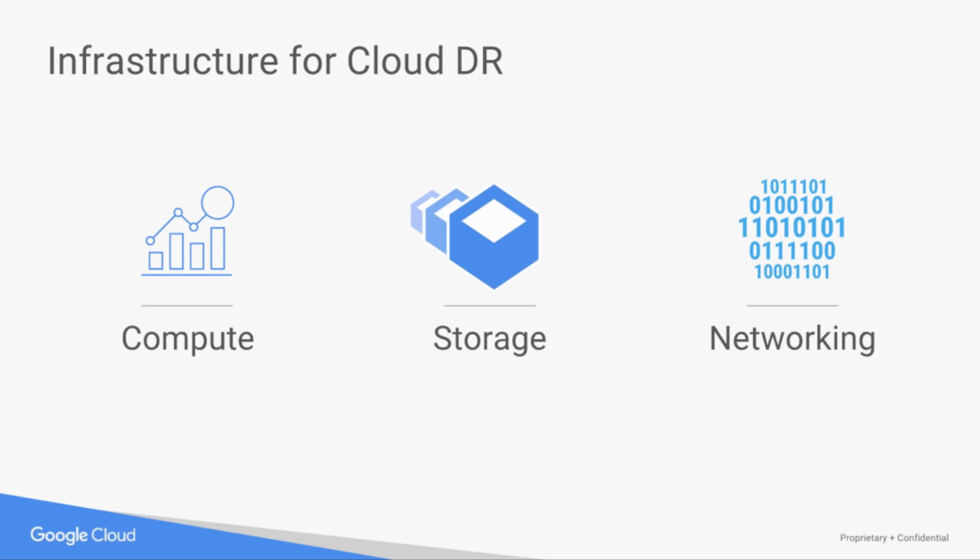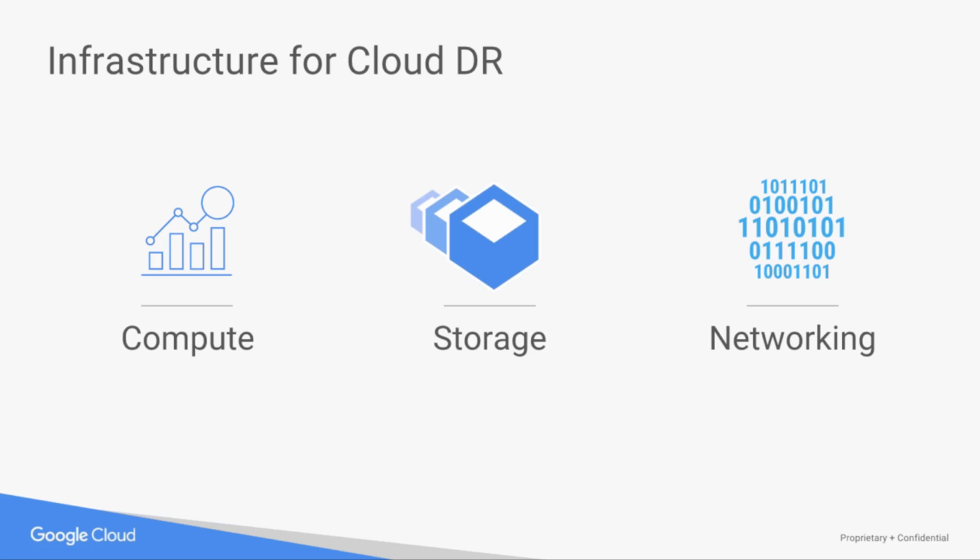And so, what do you really need when you think about the infrastructure for cloud DR? You need, obviously, storage there in the middle. You also need compute as you fail over to the cloud, and you need some type of networking. And really, it depends on what type of DR you're aspiring to deliver, whether it's live replication or it's something that is perhaps a little more tolerant to delays in recovery. And those will help dictate which of these are more important. But across all 3 of these, there's a fairly significant set of differentiators for Google.